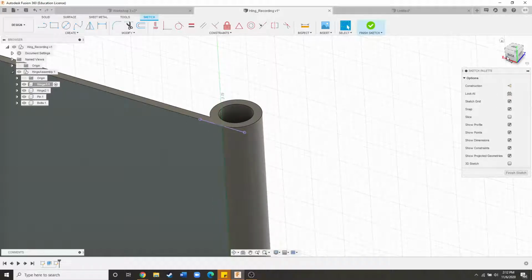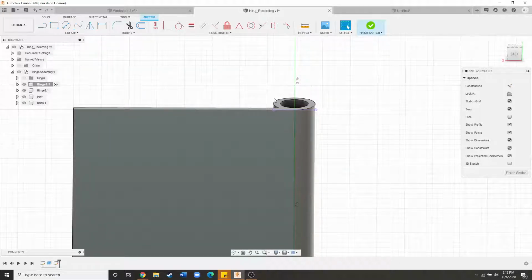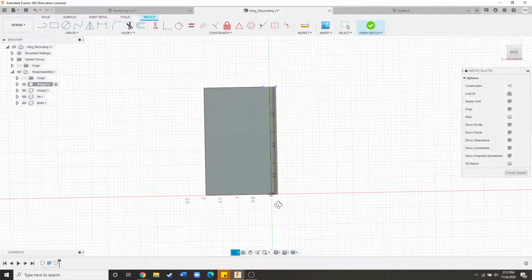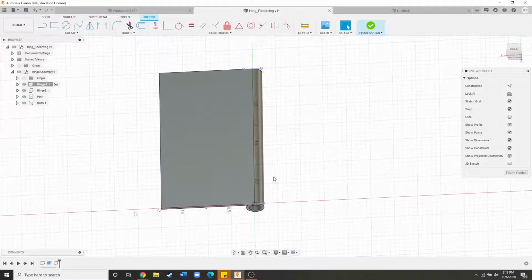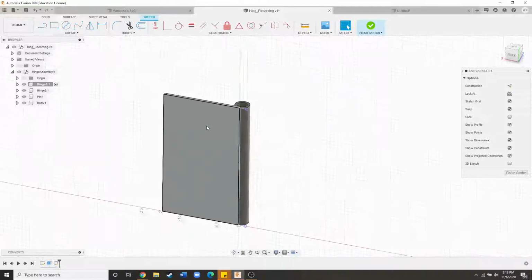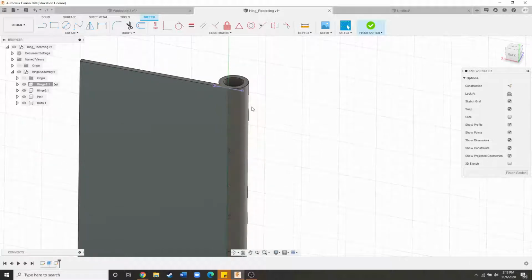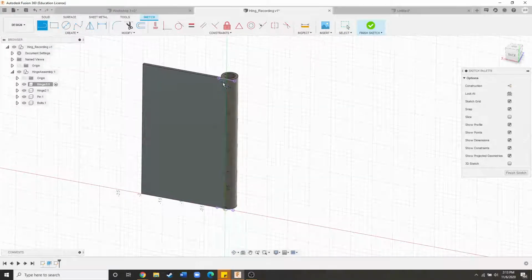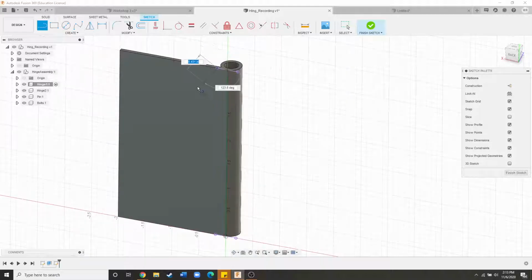That's going to show us from this view right here the farthest out point of this circle here and the farthest out point of this circle here on the right side also. So I'm going to actually want to do that down here, hit project again. I'm going to want to pull this circle in right here. Generally, it's good practice to not project more geometry than you absolutely need, because if you were to delete some geometry and you'd projected it in farther sketches, it might cause an error. So I generally like to project the least amount of lines as possible. So I'm going to click on this line here,